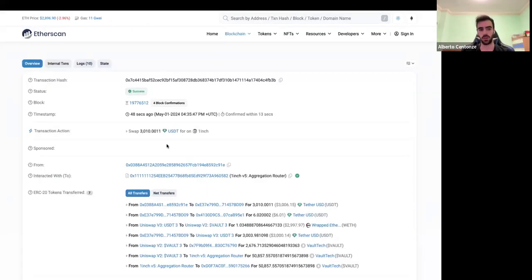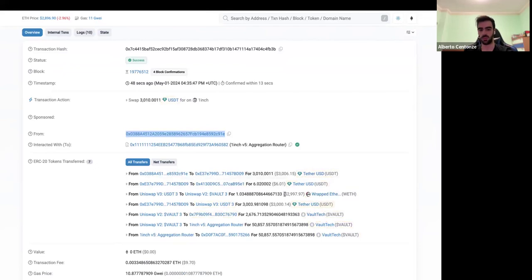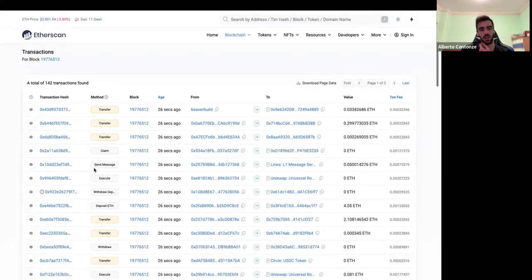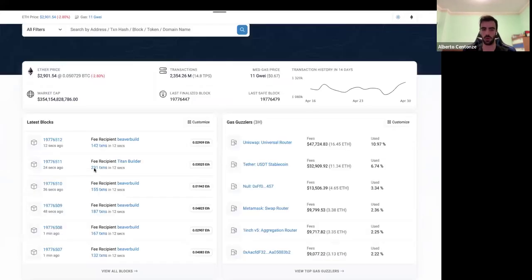So every single person here, as I said, we can see this transaction was sent from a certain address. So again, the address is the public key. The person that is sending the transaction, we can see who has done this by using their private key to sign. And we can see exactly what they have done. So they have done some manipulations with USDT and Ether. It doesn't matter. The point I'm trying to make is you can see this stuff happening in real time, and by this approach, you have transparency, which is very cool.